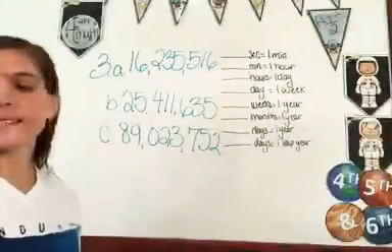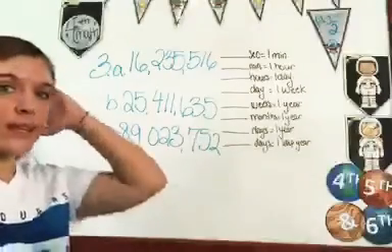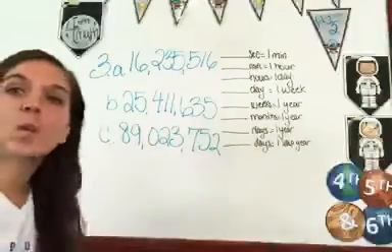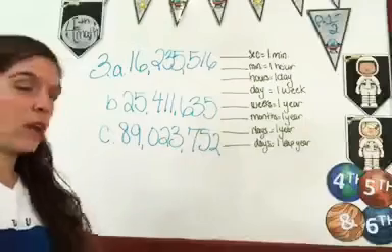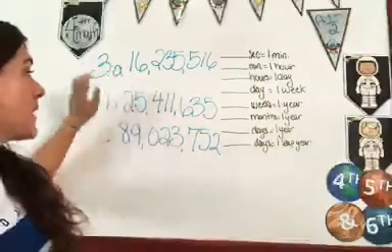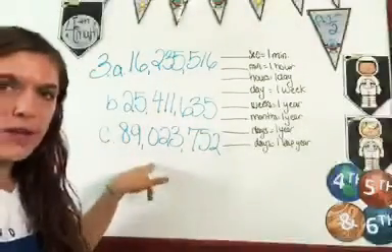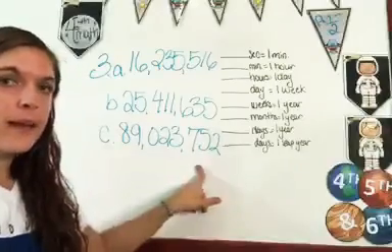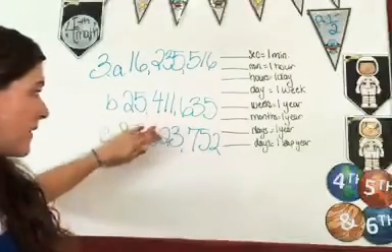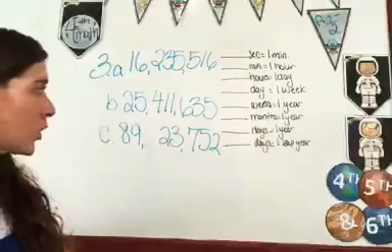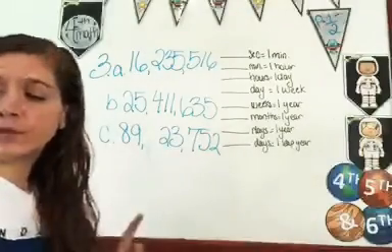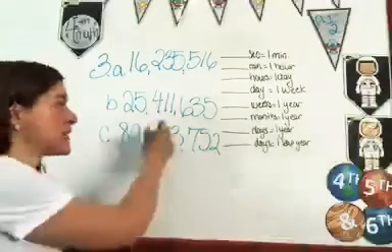Okay, here are your answers for number 3, A, B, and C. So I hope you tried them because it's really going to help you if you do this with me when I tell you to in the video, okay? Let's look at these numbers because this one down here was tricky. It was trying to engañar you. It was a trampa. And I hope that a lot of people didn't have this as their answer without the 0. But if you did, it's okay because that's why we're learning it today.